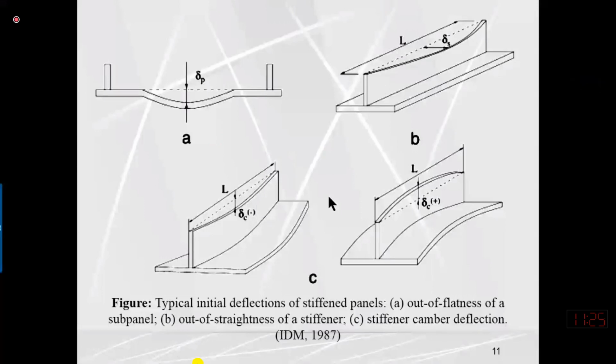So they are not perfectly straight during the manufacturing process. Due to uneven heating and cooling, they are always subjected to certain imperfections. These imperfections can reduce the capacity, mainly in compression. It means that when we are estimating the compressive load carrying capacity, we need to consider these types of imperfections. So we will see how AISC incorporates them.